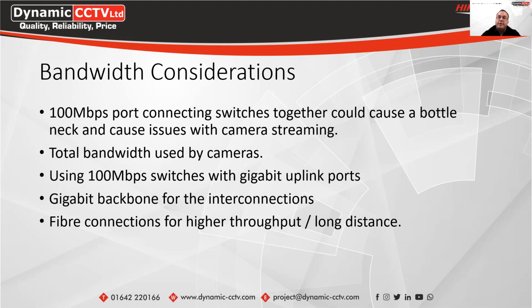If it is only, say, 4 cameras, a 100 megabit per second port would be fine. Even if the cameras are running at full whack, it would only use 16 megabits per second per camera, for example. So on smaller systems, you can use those 100 megabits per second connections. But when you're having more and more cameras running through that connection, you do need to look at having a gigabit backbone for all the interconnections between your different switches on site, especially when you're daisy chaining switches,